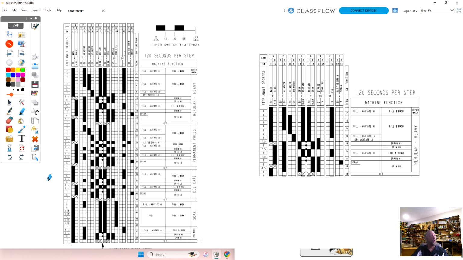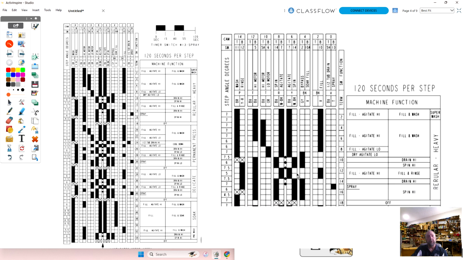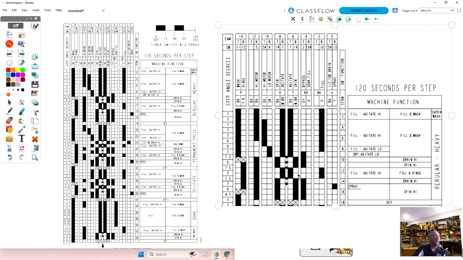This is the whole timer chart for a Whirlpool direct drive washing machine in the diagram I showed you. And I blew up this one side. I'm going to make it a little bit bigger here. And I have it in a PDF version for those of you that weren't able to get a copy of it. But let's break down all the parts of the timer chart and explain what is going on here.